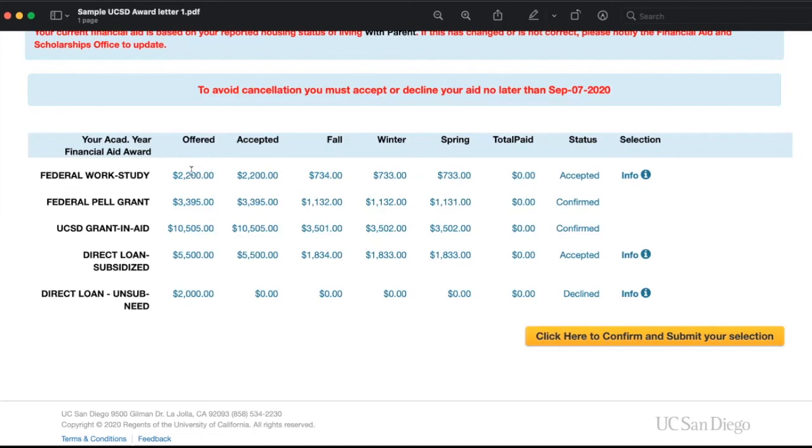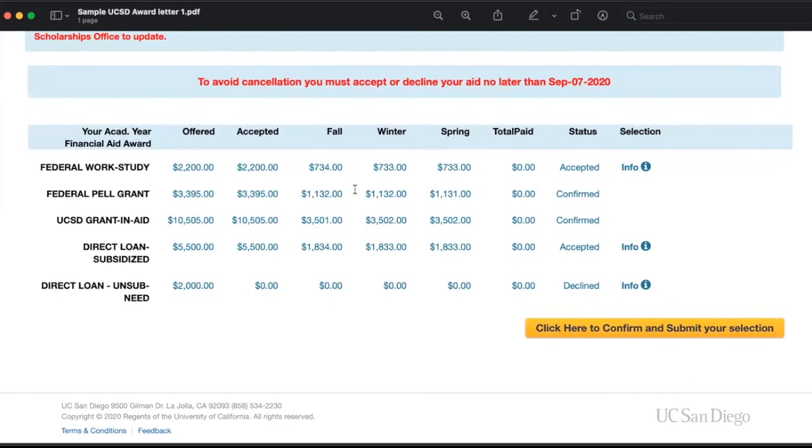Like I said earlier, all of these amounts that were offered to this student are per year. Since UCSD is a quarter system, the amount awarded is divided up into three: your fall, your winter, and your spring. For each one, the amount that's distributed to the student can be seen broken down here. Each quarter, the student received that much going to their account to pay off whatever fees were associated with their